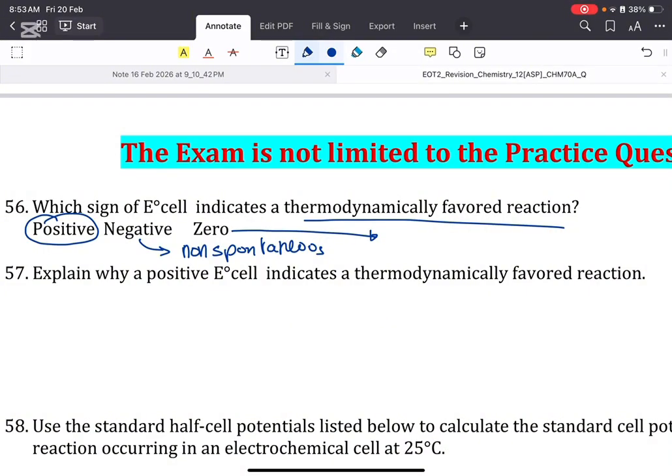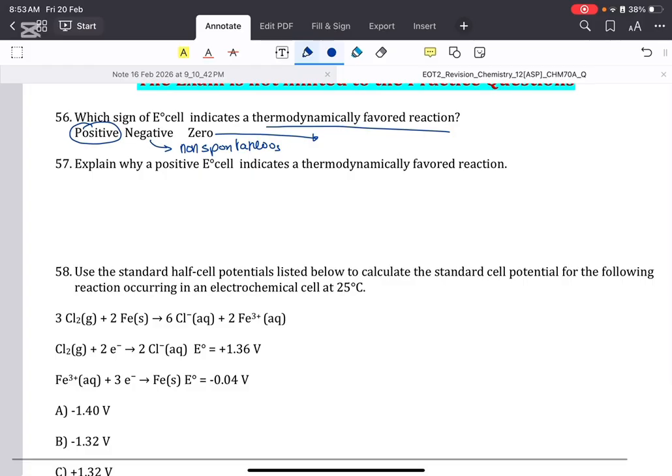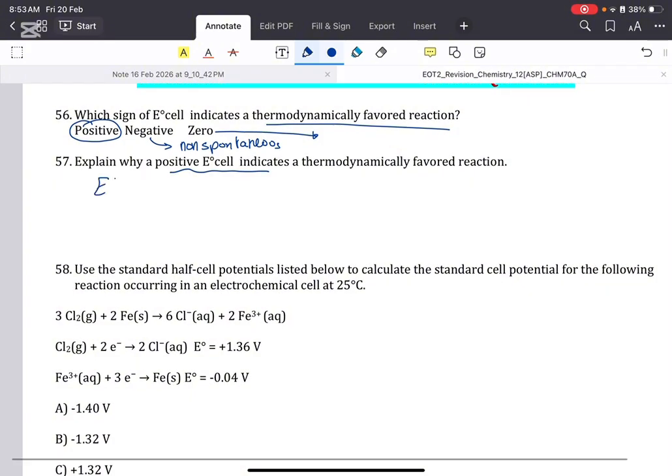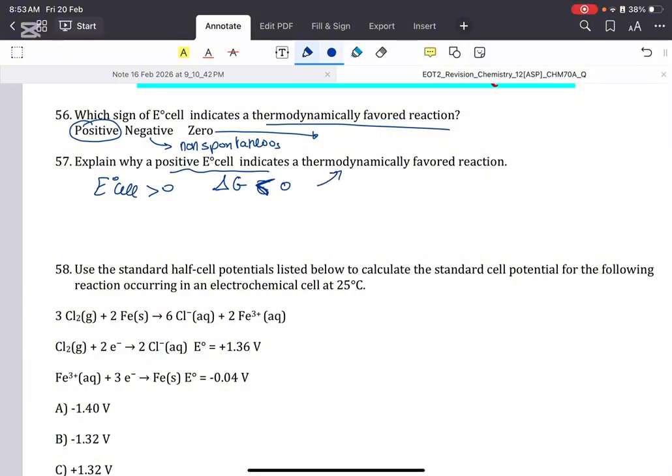So at that point, the voltage will be 0. Explain why a positive E cell indicates a thermodynamically favored reaction. Because when E cell is positive, it means that the delta G is negative,